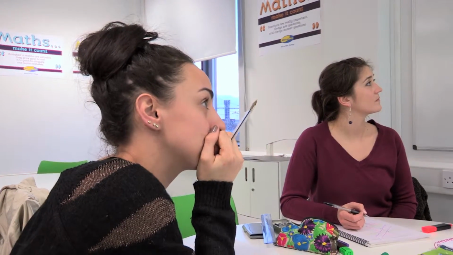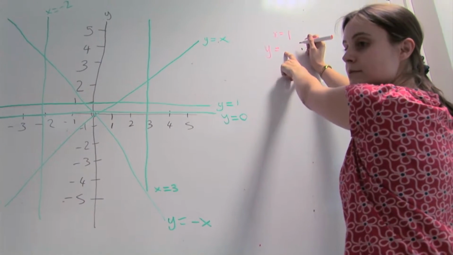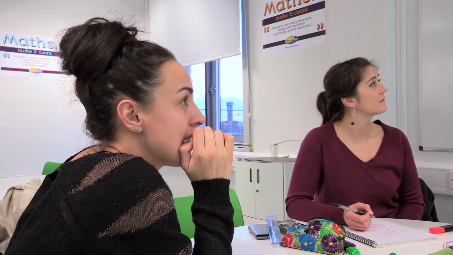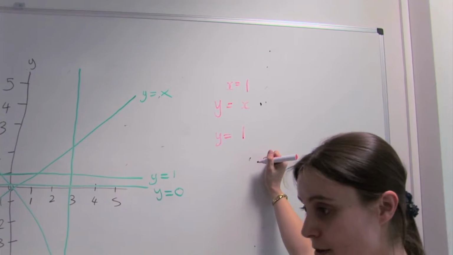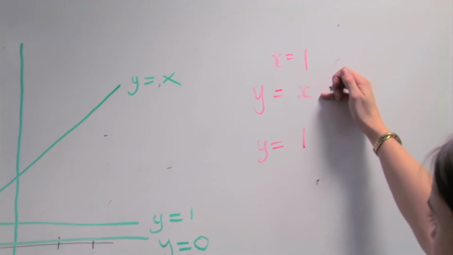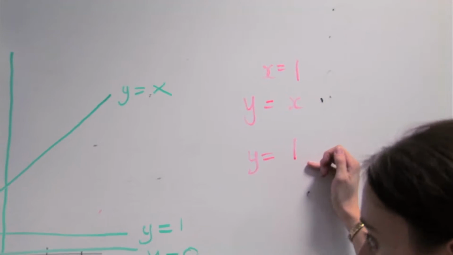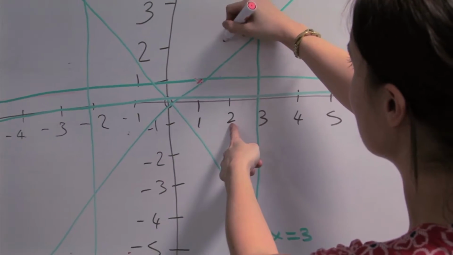So we substitute, when we say y equals x, where x is 1, what would it be? 1. You're just looking for 1? I'm just looking for 1. Why would we be saying it's just 1 there? Because you know what number it is. Yeah, we know the number. Absolutely, that's right. We know the number x is, so we say that y is 1 there. Say we looked at 2 and put that in, so x is 2 instead. What does y equal here? It's 2, yeah. So it's 2 going across and then up 2.